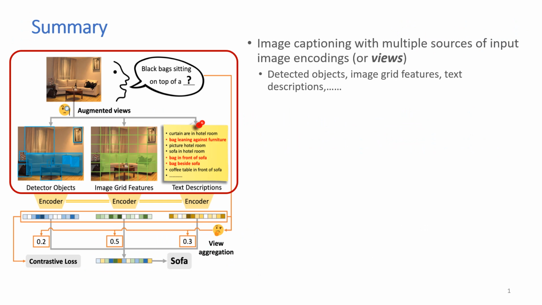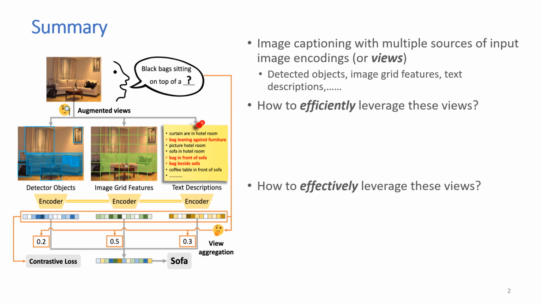In this paper, we work on the setting of image captioning with multiple sources of input image encodings, or views. For example, an input image can be encoded by a sequence of detected objects, image grid features, text descriptions, and so on. Given these multiple views, in this paper, we tackle the research problem of how to efficiently and